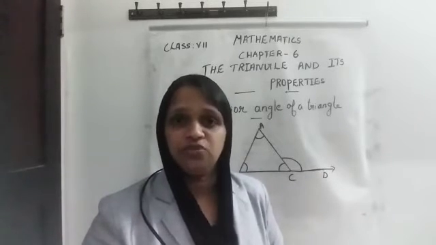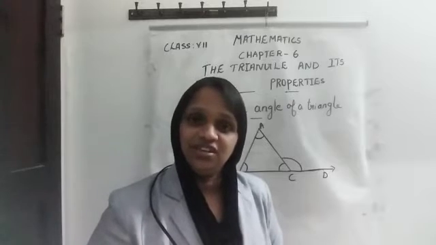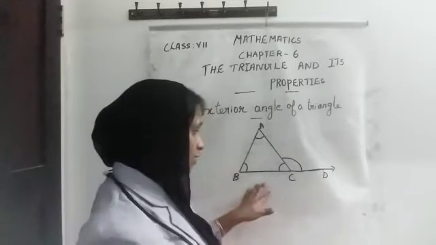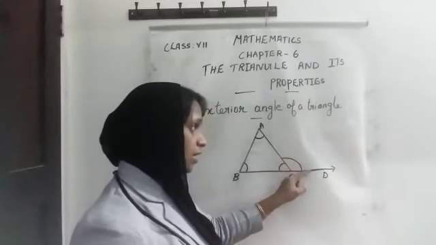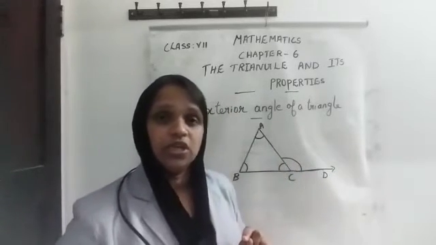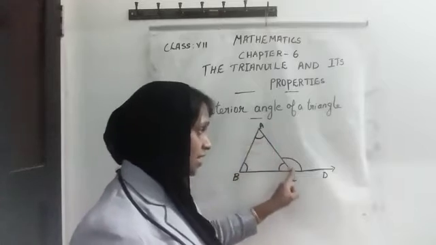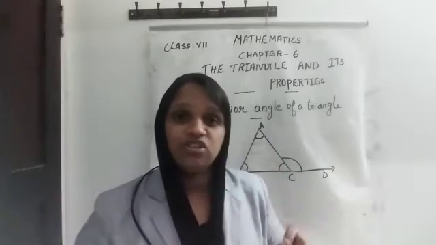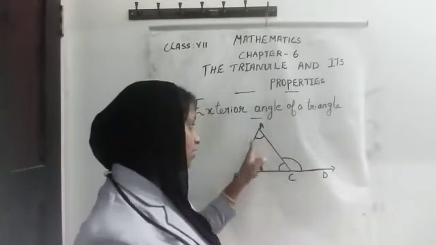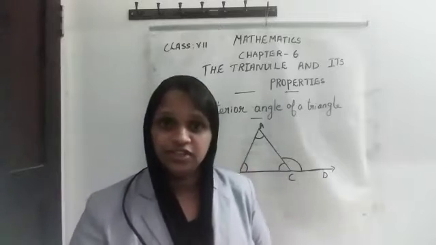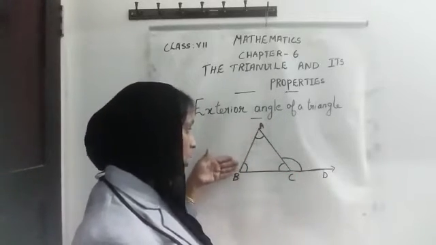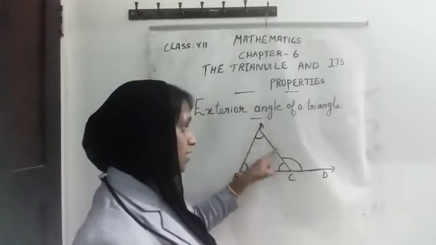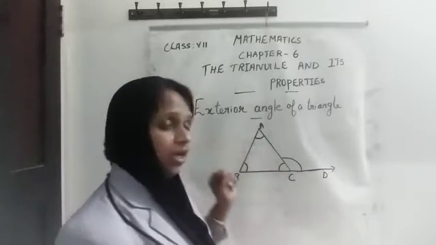Such angles we call exterior angles. Here, if we extend the side BC to D, an exterior angle is formed. So here angle ACD is the exterior angle and the other three angles are interior angles. Similarly, if we extend this AC or AB, we can